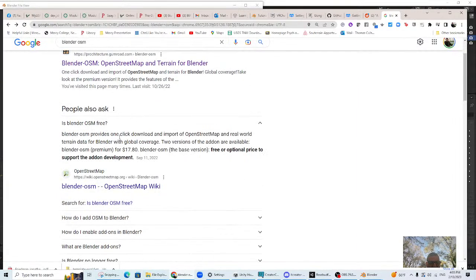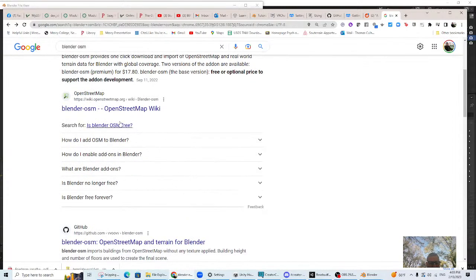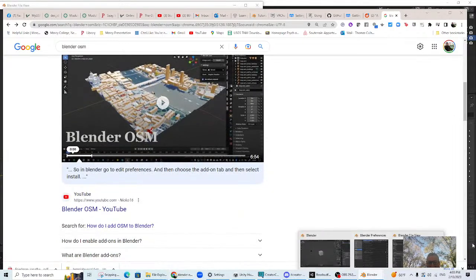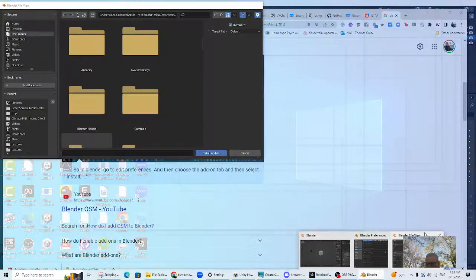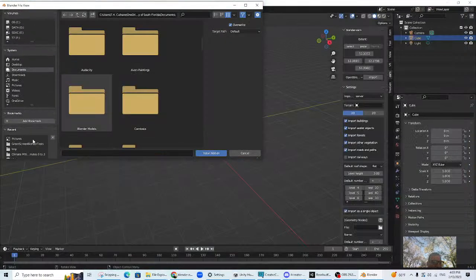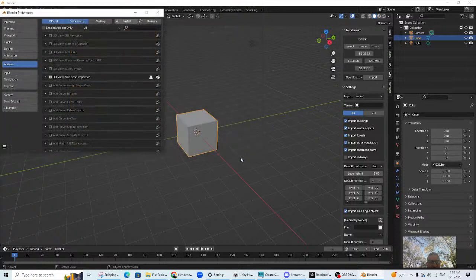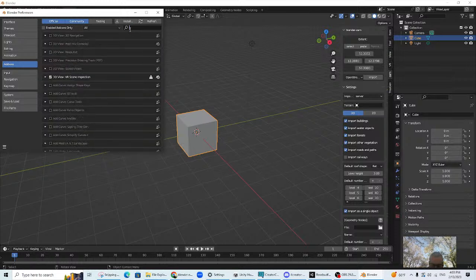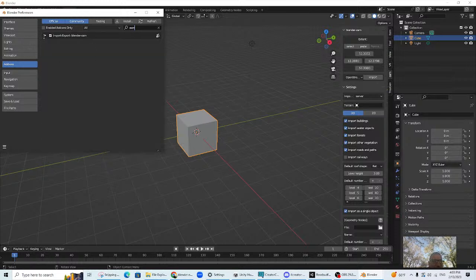And then it tells you that it's free unless you get the premium version, which I have, which is 1780. But you can add that. And then there's these things on how to add Blender OSM to Blender. But I've already added it. So you find the folder that has Blender OSM, and then you install the add-on, and then you put the check mark on it, and it should show up as, if you do OSM, if I knew how to type, there it is. As long as you've checked